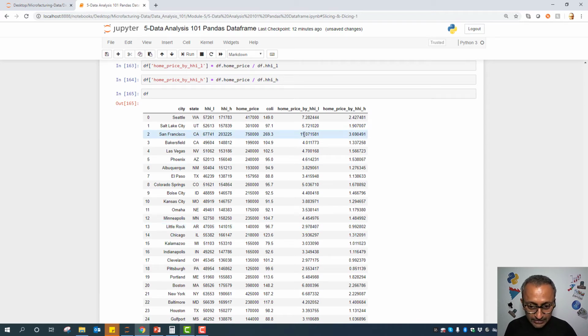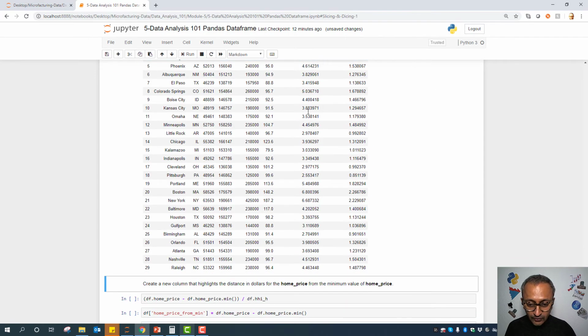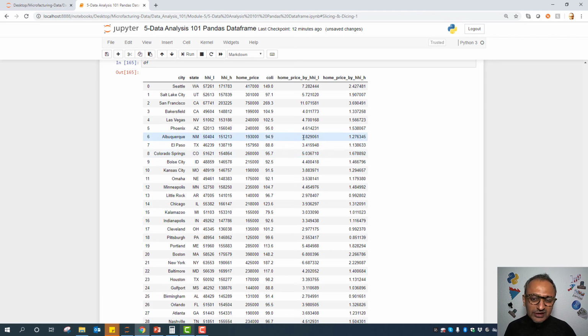And as you can see, this is 11x of the HHIL, because this is what I worry about, right? As a parent, I want this column to be as reasonable for the teachers who teach in my school or my daughter's school. I have two daughters, by the way. The teachers who teach in my school can afford to live in the same community as I'm living in, right? So that's something I really want to make sure happens at some point.